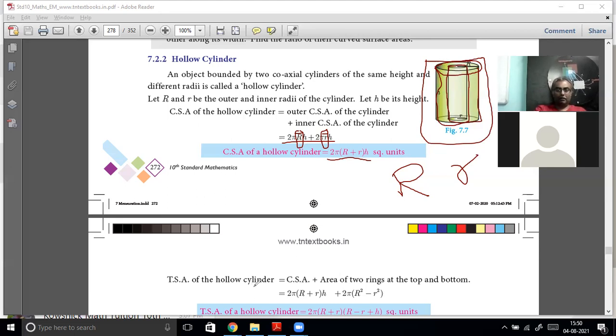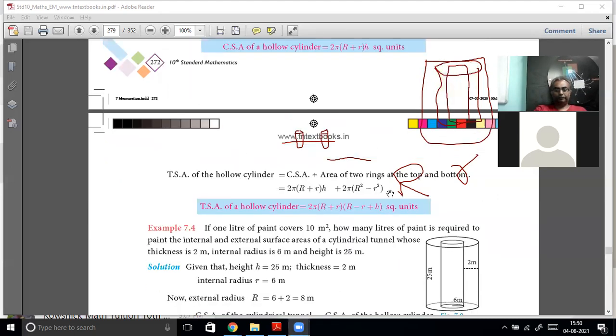Now we have to add one complexity. Understood till now? Because if you don't understand till now, you cannot understand the next thing. Very simple addition. இப்போ என்னன்னா